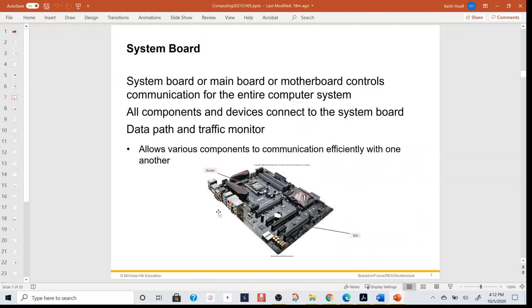Right. So as I mentioned, the system board, main board, or motherboard controls communication for the entire computer system. You have a lot of parts, so if you ever looked inside your computer, you would see something that looks like this. You see a lot of expansion slots. These lines are expansion slots. You see it says slot here, okay? And then there's a socket, and in the socket is where you plug in the CPU, the main